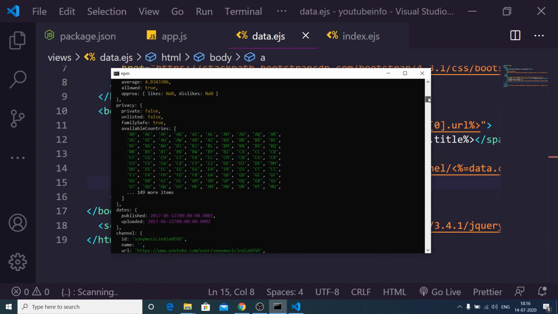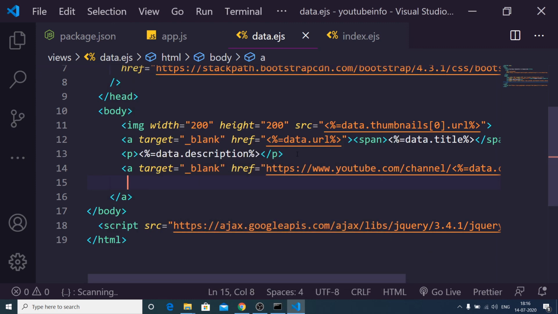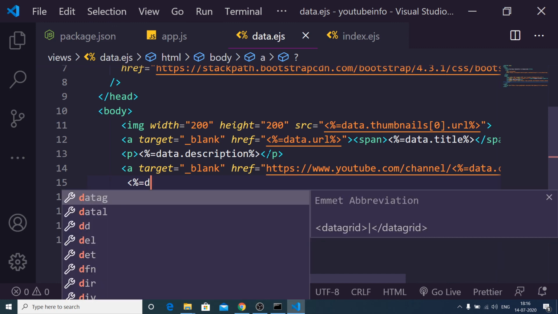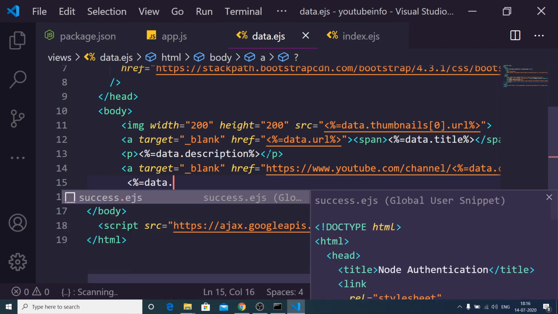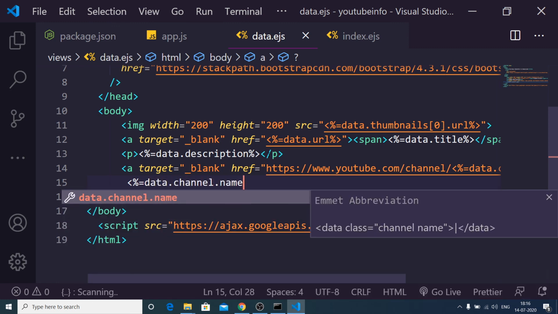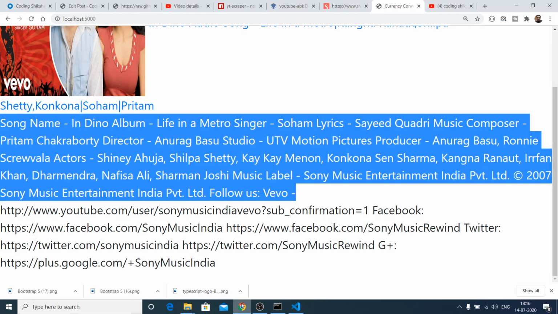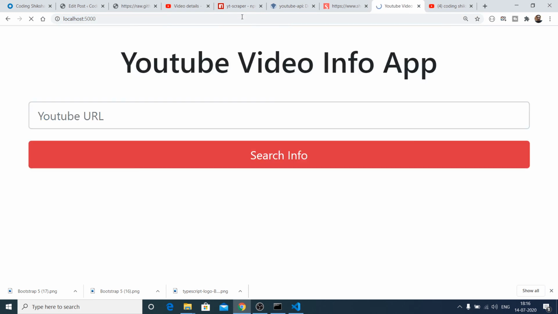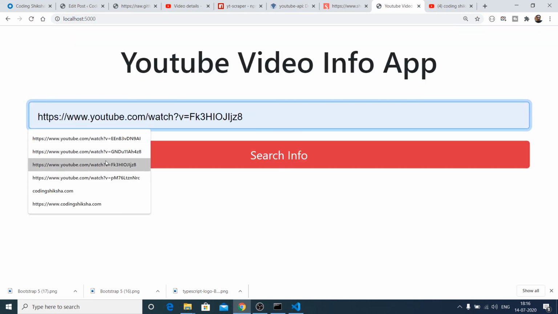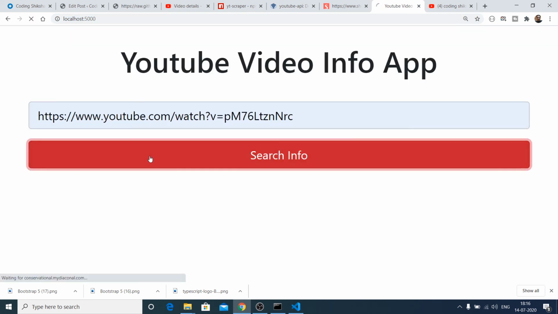Inside this channel property, we have a name property, so we can use this. So we can have data.channel.name. So close this. So hopefully if I refresh it, search info,